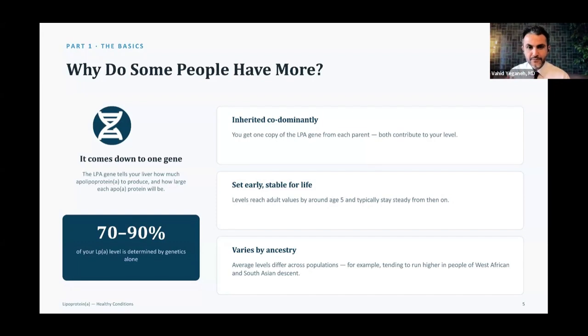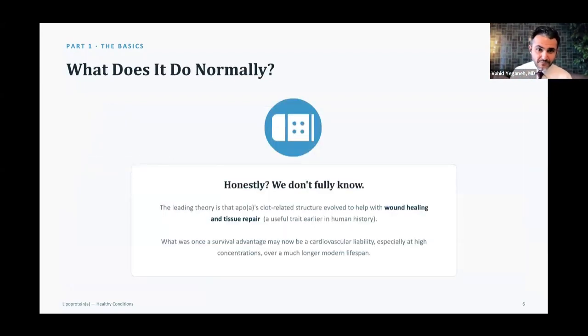And obviously, I got myself tested for the reasons I'm about to explain. So, the question that comes to my mind, and I feel like will probably come to most people's mind, is, well, if this thing is in my body and it's genetically determined, what's its purpose? Sure, someone might have a high level, someone might have a not so elevated level, but what is the function of this thing? The truth is we're still trying to figure that out